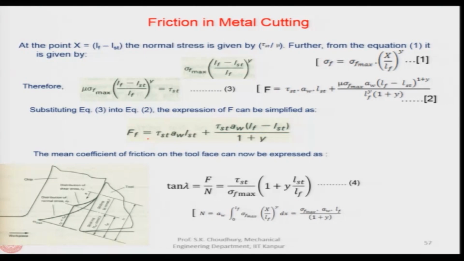So, in here of course, so that you are not confused, this is actually F, okay. This is F and this is the same F which is obtained by substituting this equation into the equation 2 in here. So, then lambda is friction angle,